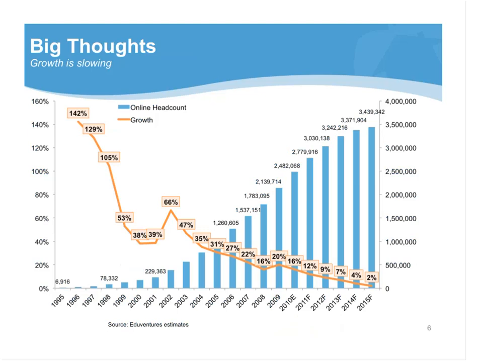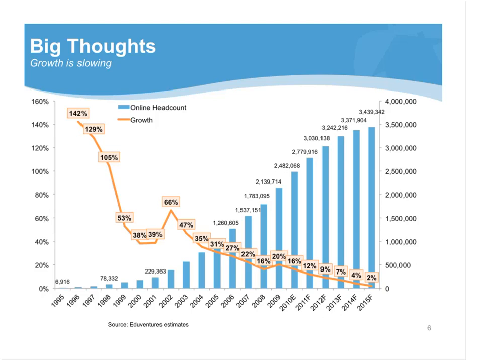So this chart shows a fact that even though most of us in the online world have been part of this massive growth over the last decade or so, the reality is that growth is slowing. And if you see by 2015, the growth is going to kind of decline to the point where it's going to be in parity with overall post-secondary growth. And recently, the Babson survey that just came out talked about that growth for the first time really ever had gone below 10%. So although the growth in online programs and fully online students is still very robust, it's something that you need to be aware of, that growth is slowing.